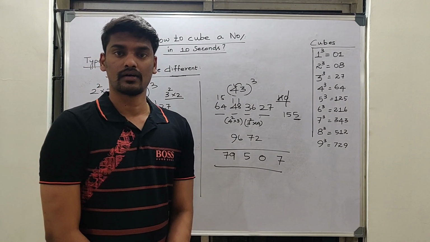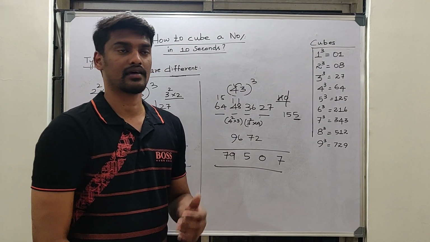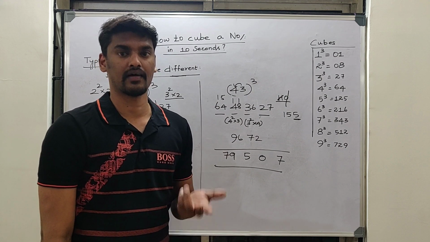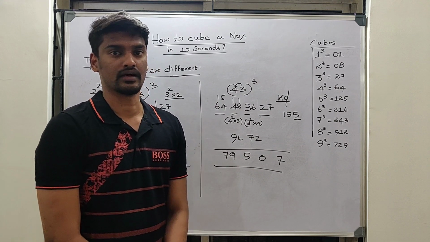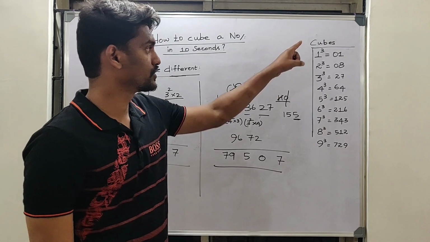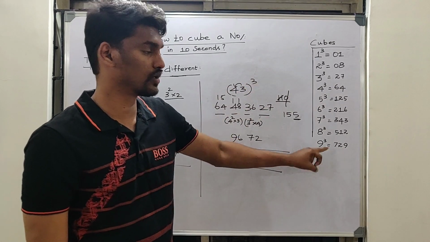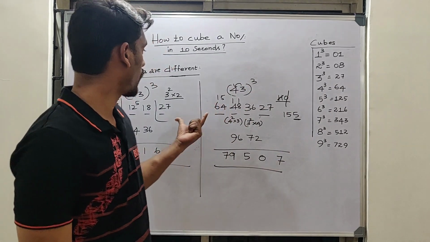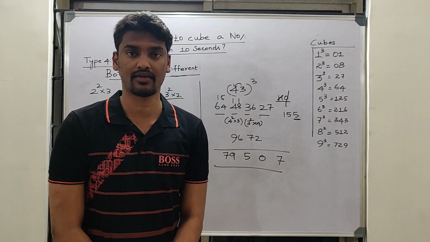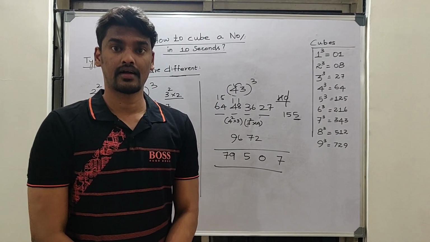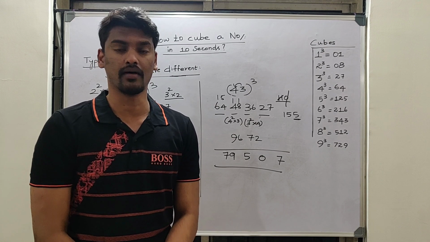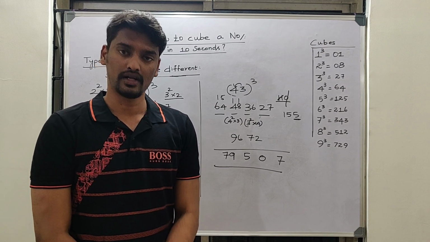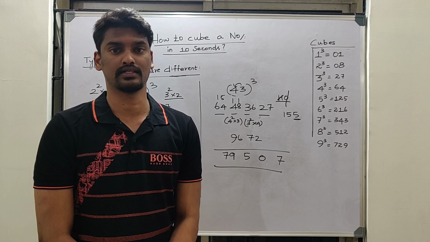So likewise you can try for remaining numbers like 56 or 47 or 83 as per your wish. So the main thing you have to remember is you should know the cube starting from 1 to 9. So that all the 4 types becomes much easier for you. So as I said earlier, don't try to go for cubes beyond 99. So only 2-digit cubes are enough for the exam.